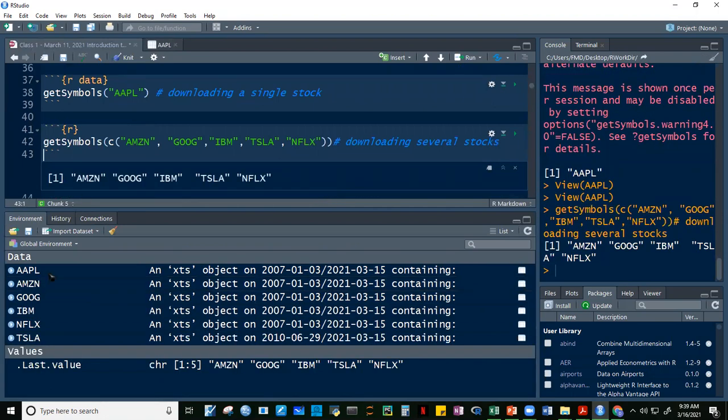okay, so automatically dito sa objects natin, sa environment, may Apple tayo, Amazon, Google, IBM, Netflix. Okay, ito yung mga additional na in-add natin, 1, 2, 3, 4, 5. Okay, plus the Apple, so we have already 6 stock prices here. So let's see, for example, notice na